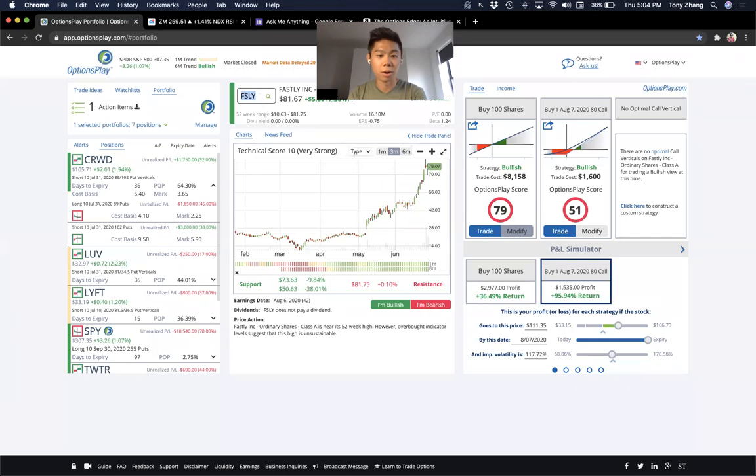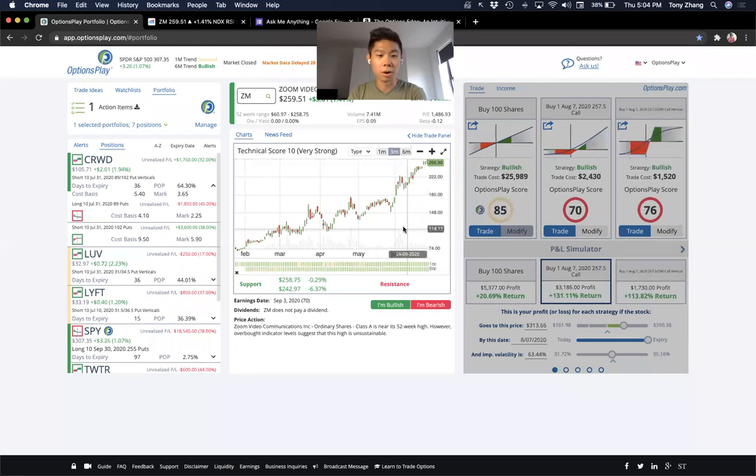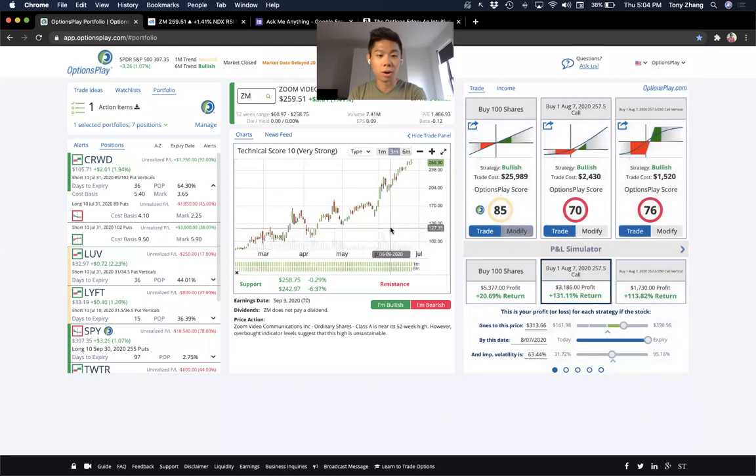Zoom, I will say, does look a little too far too fast. If you look at the growth in terms of Zoom revenues, it does not match up with the stock chart. I talked about Zoom when it was trading at 100 on Options Action back in late February, early March. And I said that this is a stock that's misunderstood. I think many investors didn't understand the potential of Zoom, and that was when the stock was trading at 100. The stock has had roughly 200% growth in terms of revenue, which doesn't justify the growth that it certainly has had in the stock, in my opinion.